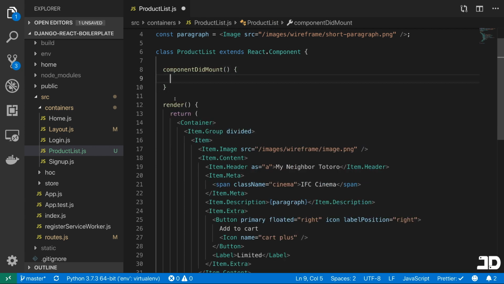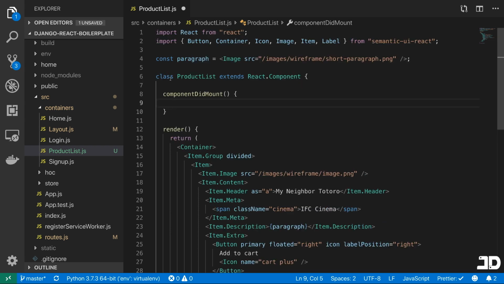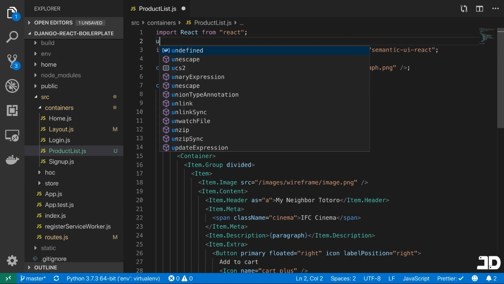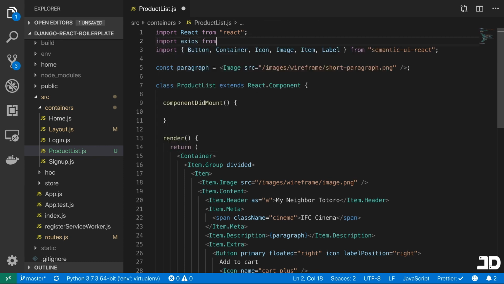Then here what we'll do is use Axios, and because we don't need to be authenticated to fetch a list of products, I'm just going to use a normal Axios request and not pass in any headers parameters containing the token, whereas for actions that do require us to be authenticated, we will create a custom Axios method that we can then import and use throughout the project. So I'm just going to come over here and say import axios from axios,